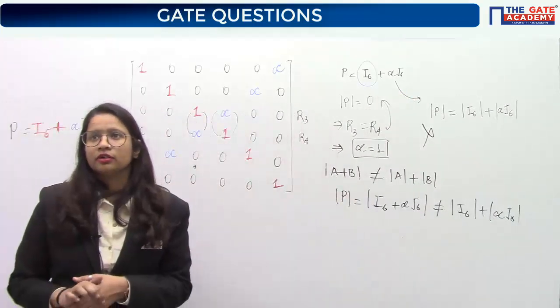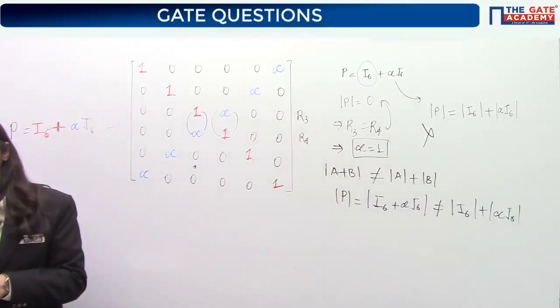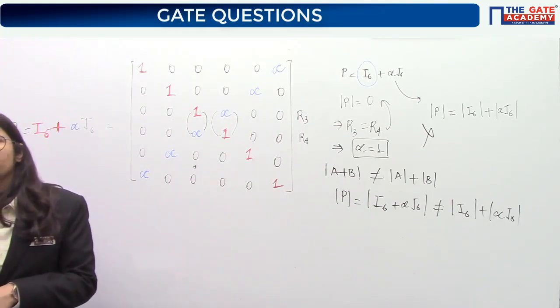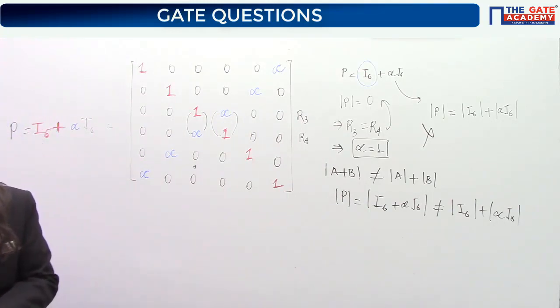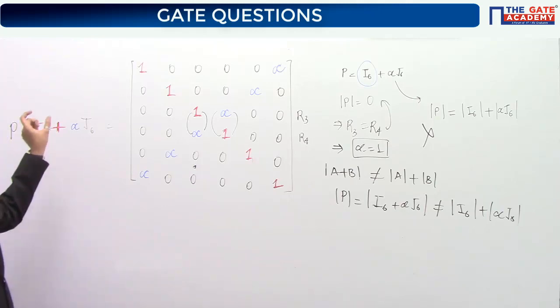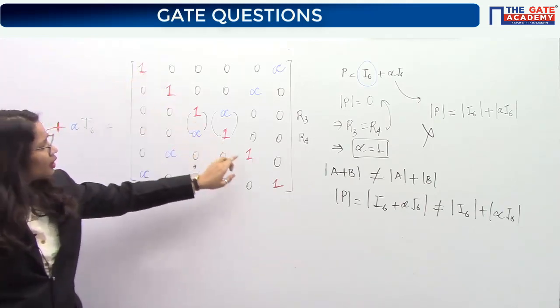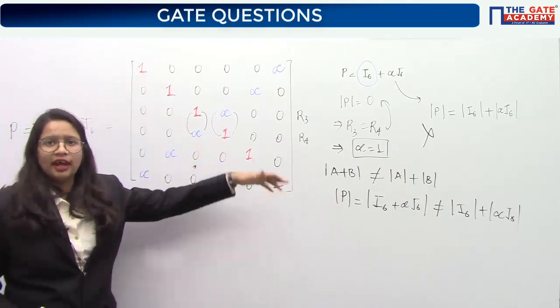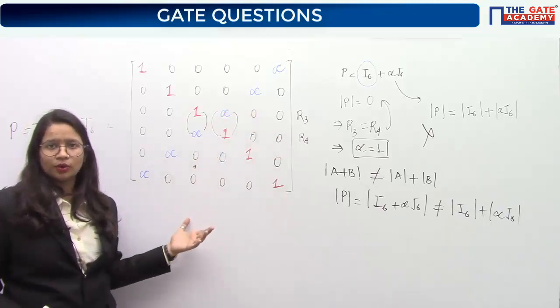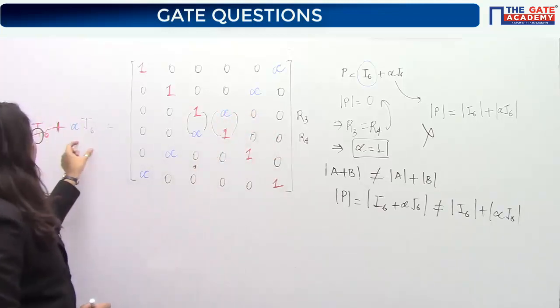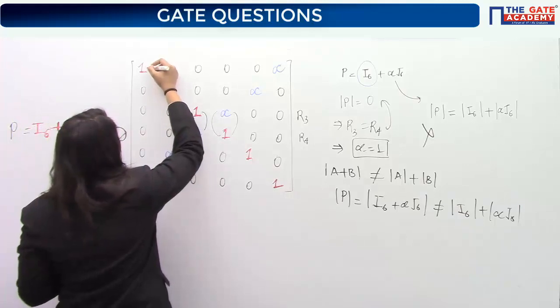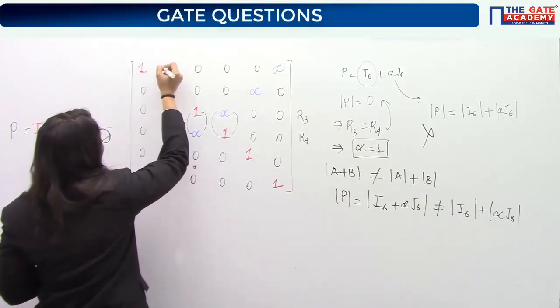Understood, Sai, or not? On addition, how do the values change to 1? Because I6 is nothing but a matrix with leading diagonal elements as 1 and other elements as 0. So whenever you add these two matrices, initially here was 0, so 0 plus 1,